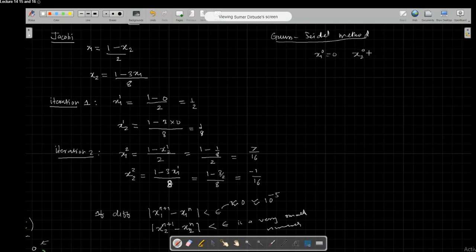Let me just write that x2 0 is 0. These are guess values. Initial guess is given like this. So iteration 1